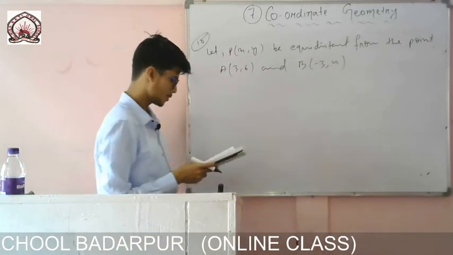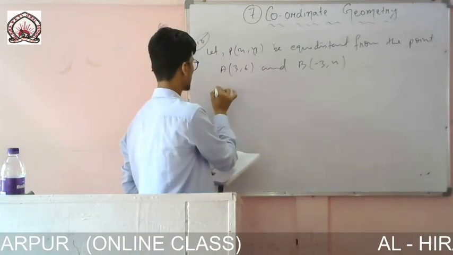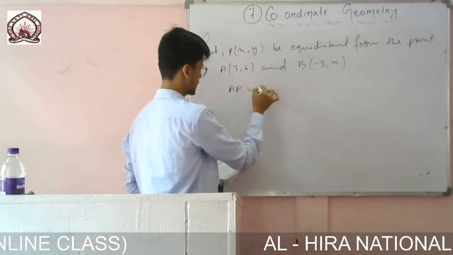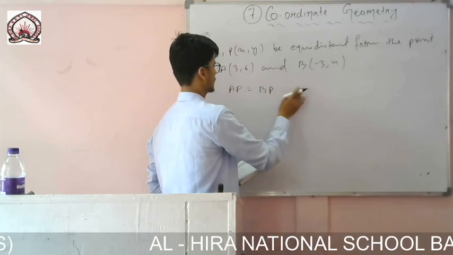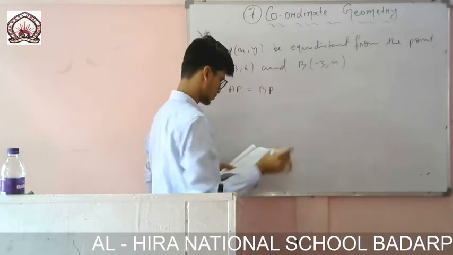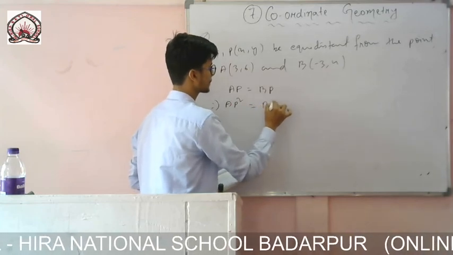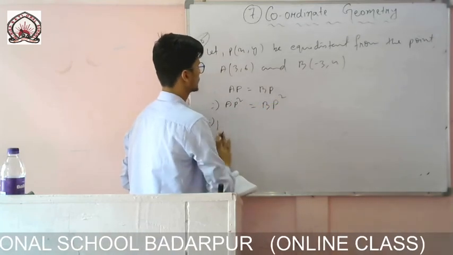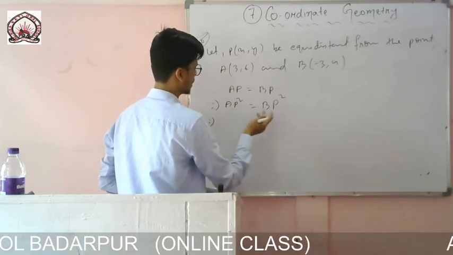Okay, so now we will find, since it is given it is equidistant, therefore AP will be equal to BP. Now let me take the square, it will be good, so the root sign will be removed directly. So AP, the root is no need now. So AP, what is the value? Just go on putting the values.